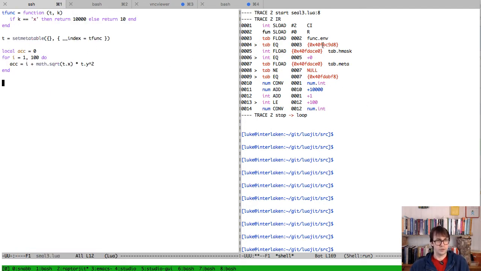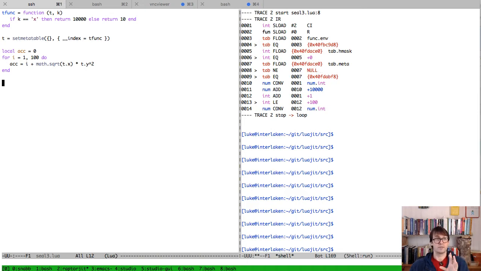So the first hash table that it refers to, that it wants to check is empty, that is presumably this one here. This is where we have an empty. So it wants to check that that hash table is empty and that it has a meta table. So these two lines here are checking that it's empty. These two lines are checking that it has a meta table, and this last line here is checking that its